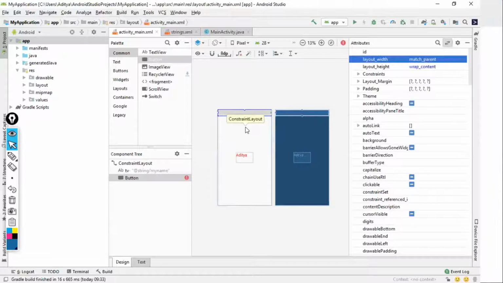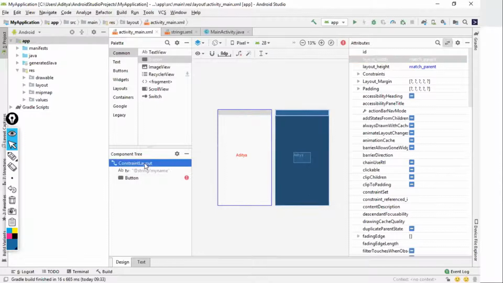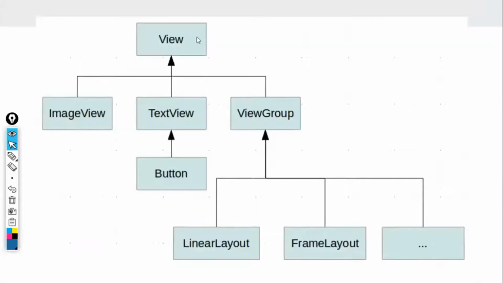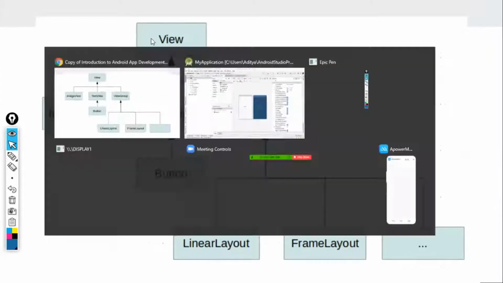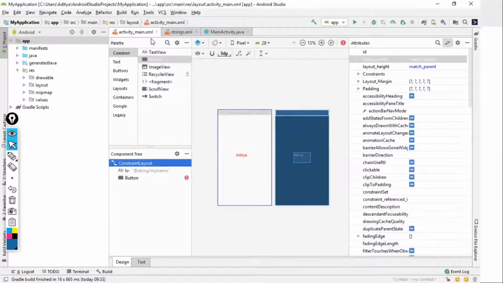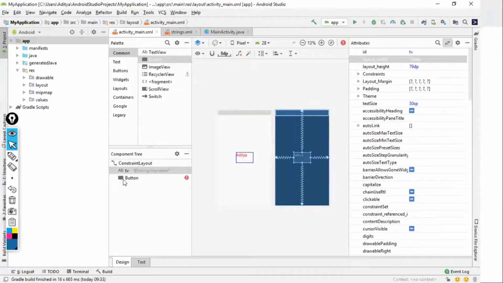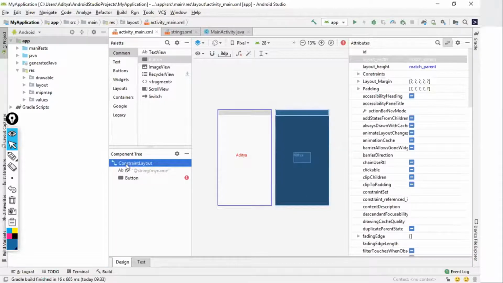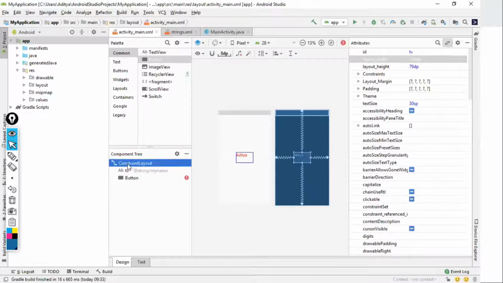Now what is parent? Can you all see the screen given over here? There's something called constraint layout. This is called a view group. View is like a container which would be containing all these small things. So the constraint layout is a view group which would be grouping all the views. The button and all these things are my views. These are the child and this is the parent.